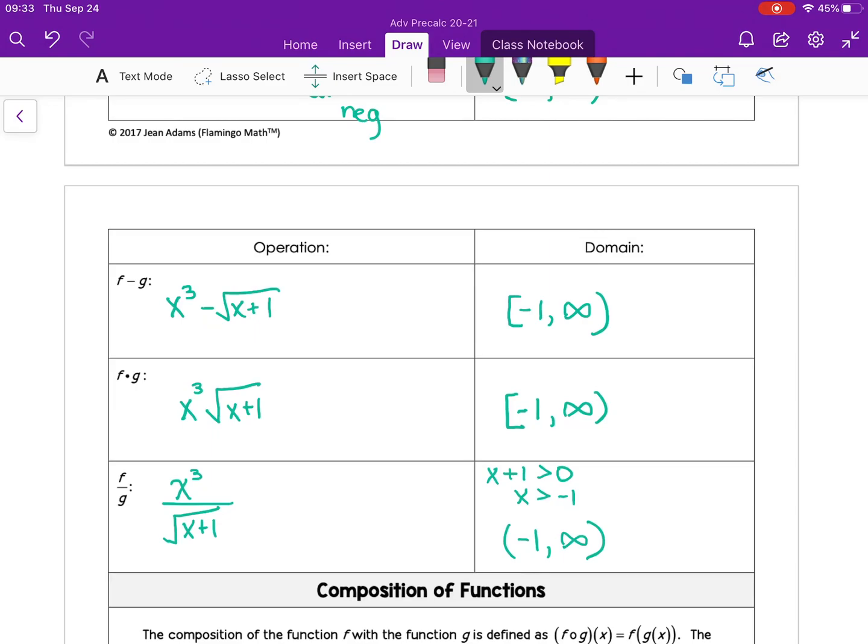All right, so that's addition, subtraction, multiplication, and division. You have a little activity for a whodunit, so I'm anxious to